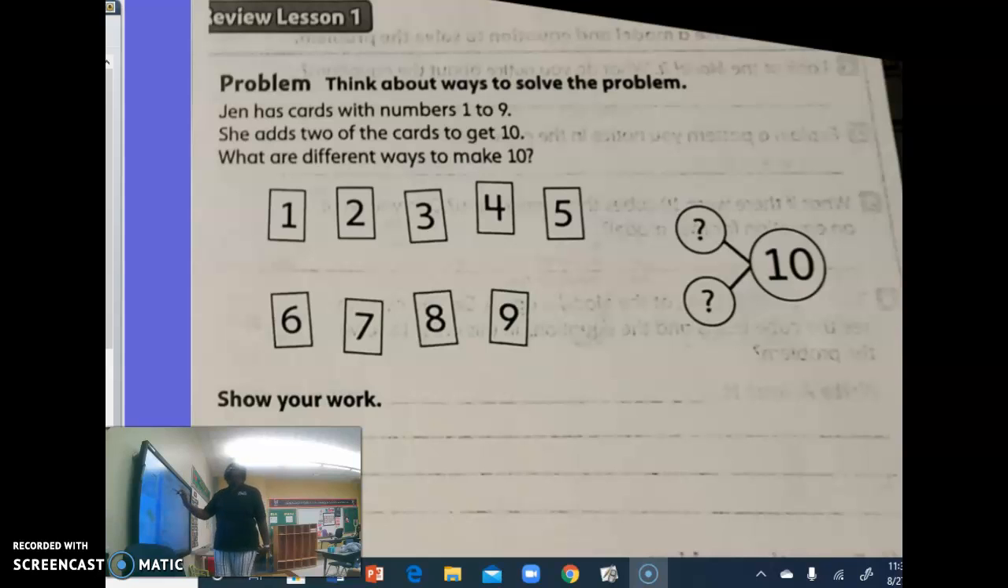Okay, Jen has cards with the numbers 1 to 9. She added 2 of the cards to get 10. What are different ways to make 10? What are they, guys? Let's see. And she had 1, 2, 3, 4, 5, 6, 7, 8, 9. 9 cards. So what we're going to do is